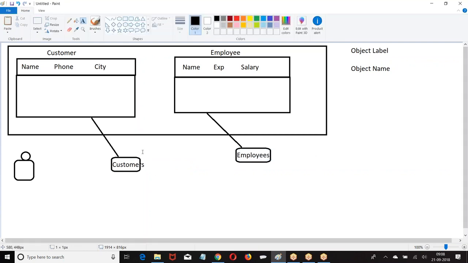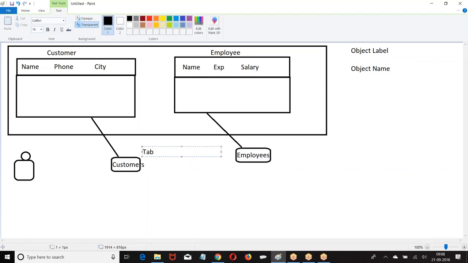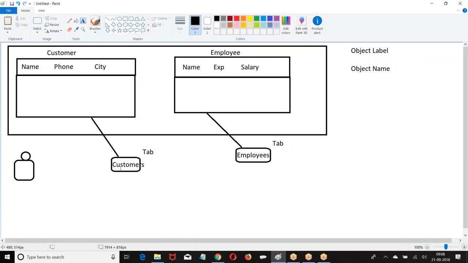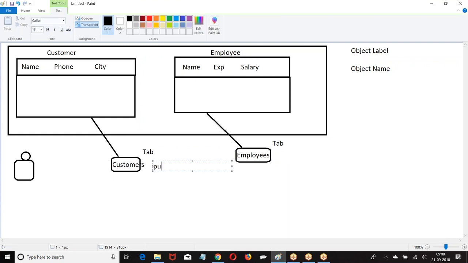So what is this button called? The name printed on the button is called plural label.